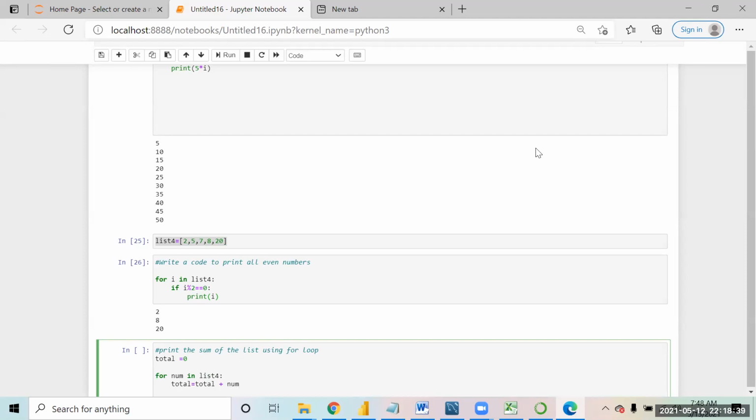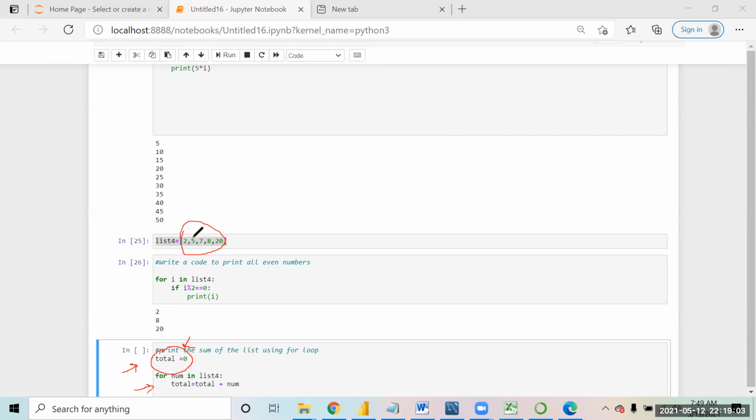That's it, right? What I did was I assigned a variable, and in that variable I assigned the value 0. My question is to find the sum of these numbers, so I am running the loop.